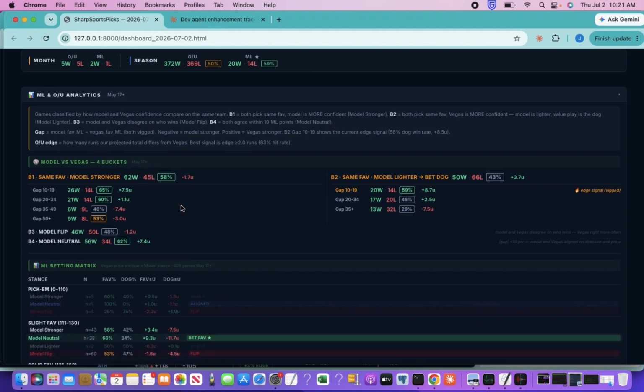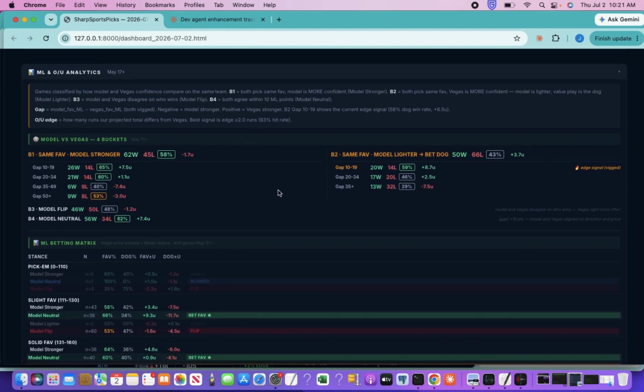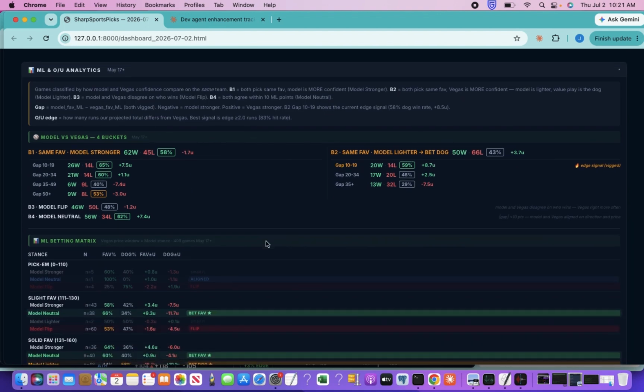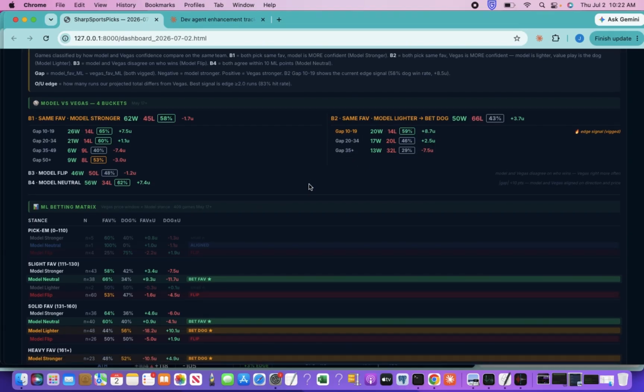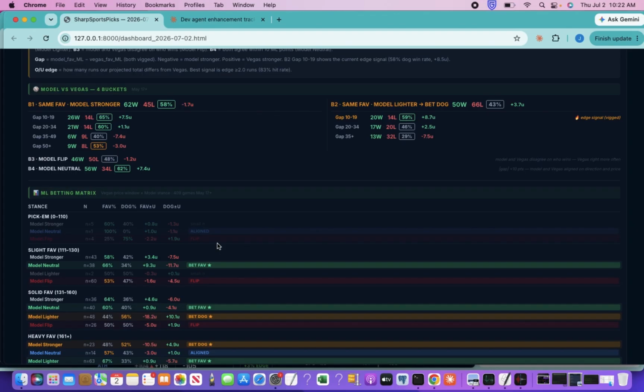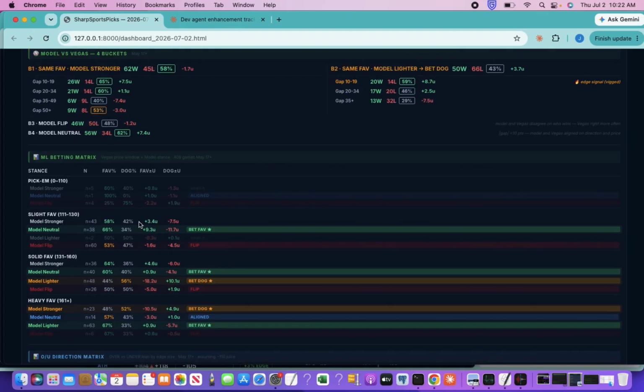Let me see. There's another pretty interesting trend I found right here. So if we have the same favorite, if we're in that bucket too where we have the same favorite, but we're just less on that money line team. So take Vegas has minus 150 and we have minus 120. It would fall into this camp. And there's one kind of wild find I had. So this would be, yeah, right here.